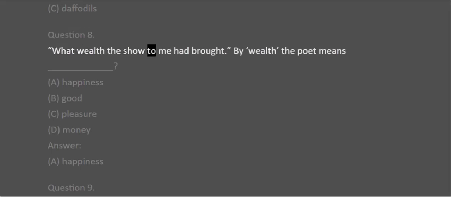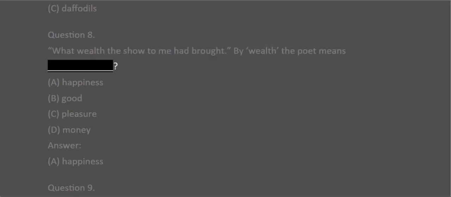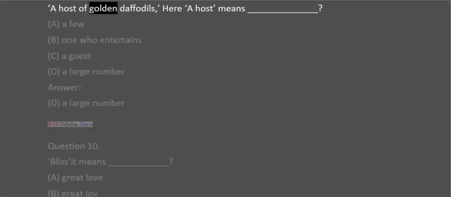What wealth the show to me had brought? By wealth, the poet means A. Happiness. B. Good. C. Pleasure. D. Money. Answer. A. Happiness. Question 9. A host of golden daffodils,